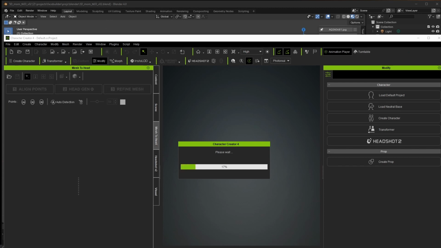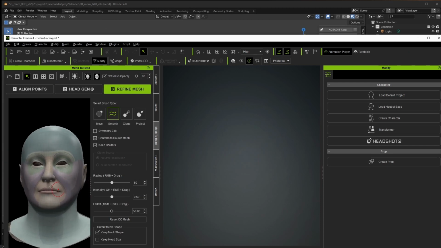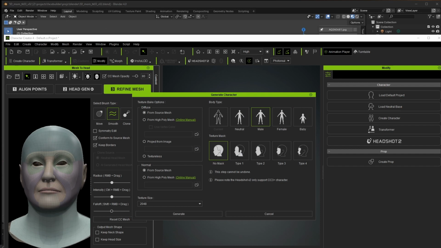You'll see that the plugin is now transferring the result directly into Character Creator via its Headshot 2.0 plugin. You can make some adjustments to the mesh here, but in my case, I'm going to go ahead and, after unchecking Keep Neck Shape and Keep Head Size, click on Attach to Body. We don't need to change anything else on the left aside from texture size if you want, but on the